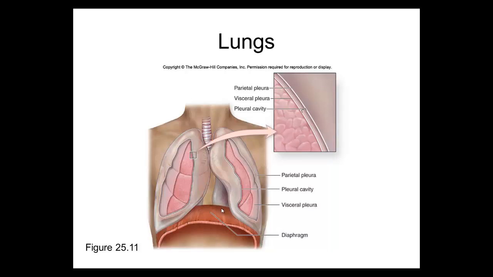But we get the pleural lining and the two layers. Remember how I told you that the visceral pleura is very adherent to the lungs? The parietal pleura is very adherent to the chest cage, and inferiorly it will be very adherent to the diaphragm. Okay,